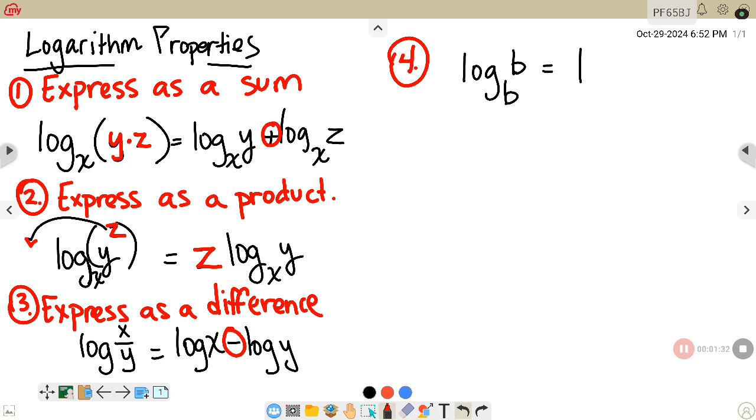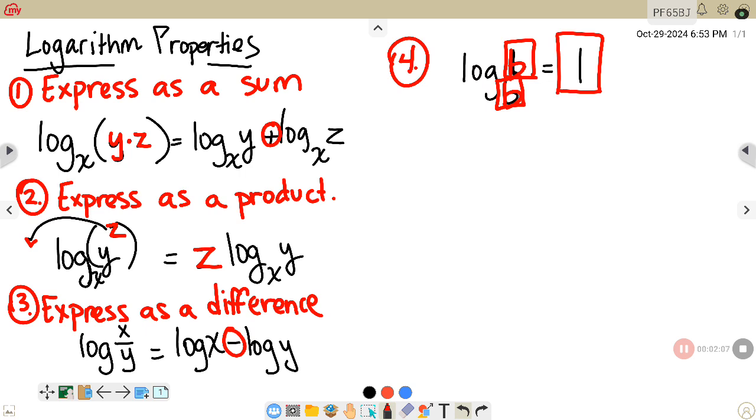And the last property that we're going to look at is if these two things are the same value, log base b of b, the answer to that is 1. That's always going to be 1 if those two things are the same. So we are going to use these properties